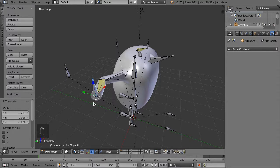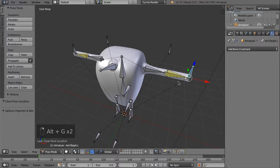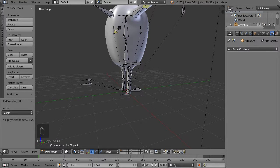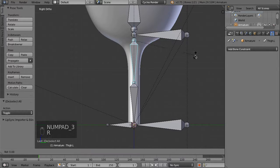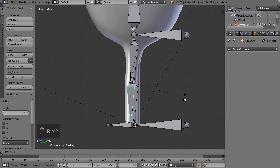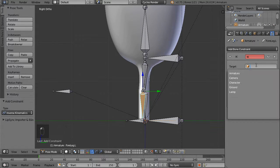So we're going to grab our target. We'll do Alt-G and then Alt-G on that, and that'll reset the position. Now we're going to do the legs. So with this bone selected, let's go into side view. And then we need snapping on. Well, technically you don't need snapping on, but I prefer snapping on so that I get just a 5 degree bend. Now with this, I'm going to add a bone constraint, inverse kinematics, armature, and then we're going to